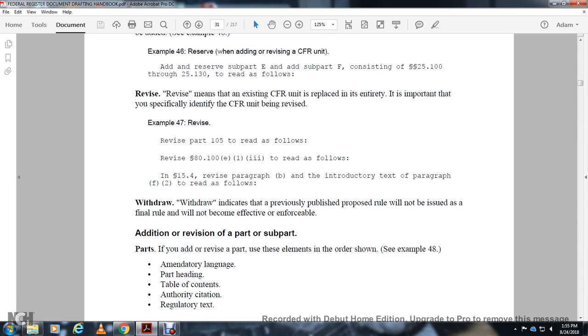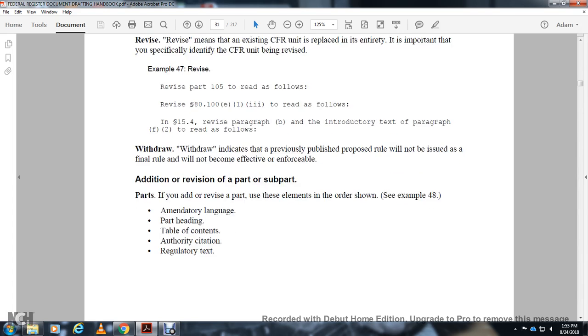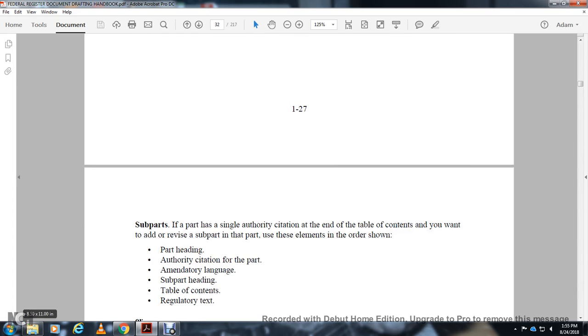Addition revision with the part and subpart. With the parts are added and the revised part with the use of the elements in order and shown with the example of 49: mandatory language, part heading, the table of contents, authority citation, regulatory text. Subpart, if the part signal authority citation and with the table of contents you want to add or revise the subpart in this part, use the elements in order: part heading and authority citation for the part, mandatory